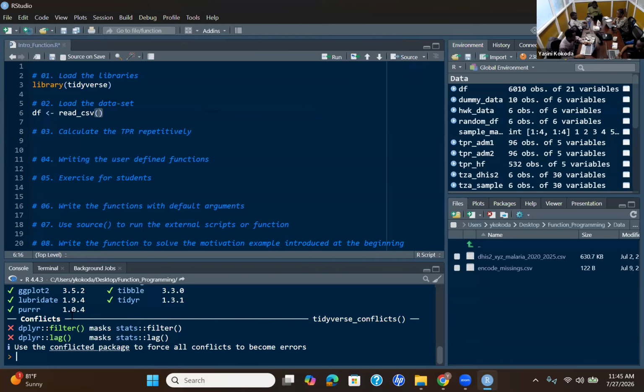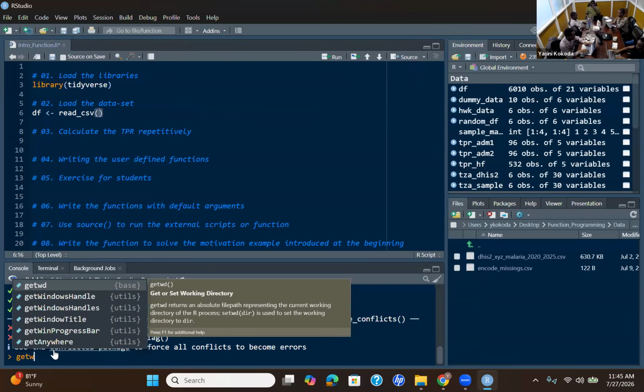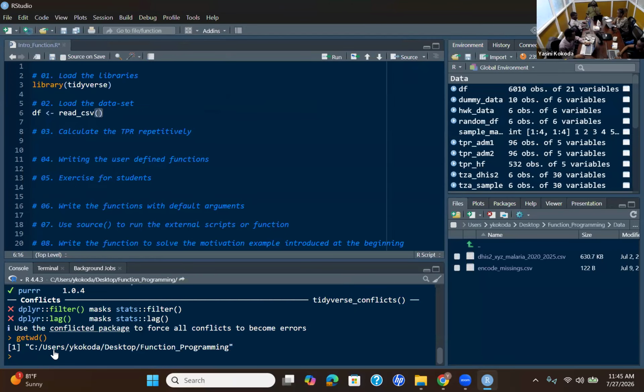Let's make sure your working directory is like this, user functional programming, so you are in the folder which has all the materials. It will be easier when you are reading your file. For example, here data, then if you press tab, you will see the two files, encode missing and DHS malaria. So it's this dataset you can see here.